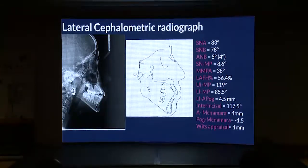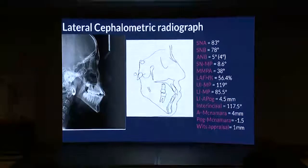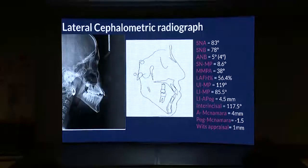The SN maxillary plane is 8.6. The maxillary mandibular plane angle was the most important one, which is 38. This confirms the increased and high angle nature of the case, with increased lower anterior facial height. The upper incisors to maxillary plane was 119. They are proclined, and the lower incisors were 85.5, which is a bit proclined, not too much